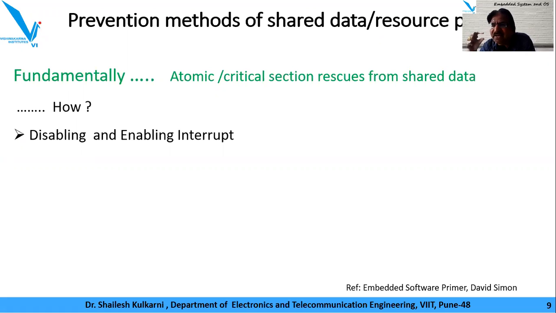Whatever section you are defining as a critical section, you wrap it with the enabling and disabling of the interrupt. Whenever that section is to be executed, disable the interrupt so that it will not be entertained, and immediately after completion of that section, enable the interrupt so that the interrupt will also be given justice. So interrupt would be given a half-hearted justice